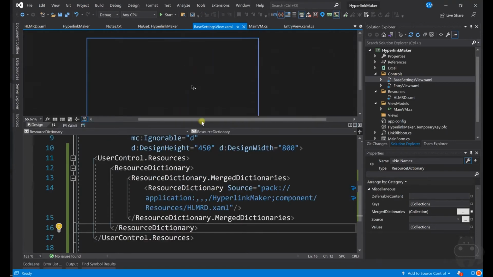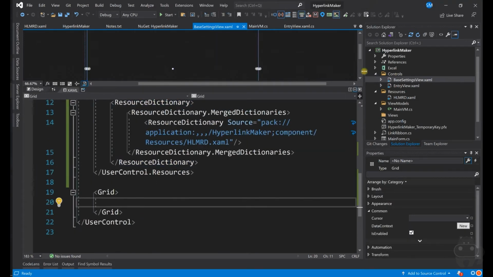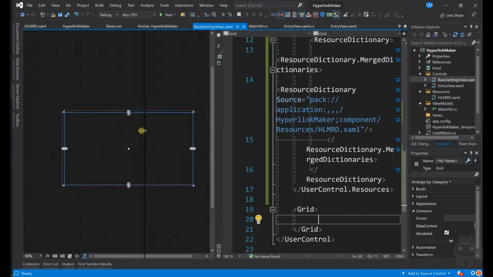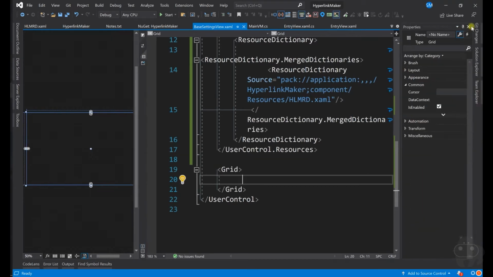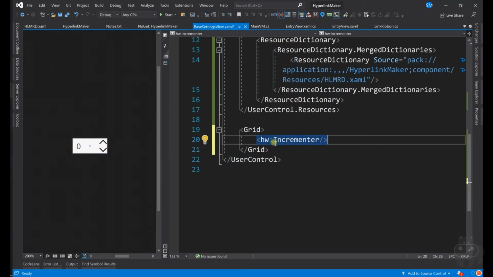Now let's first try by calling in a numeric control, and let me split the screen like this. Okay, I'm going to call a numeric, I'm sorry, incrementer. It's called incrementer. Let me put it up, and I'm seeing the incrementer here.